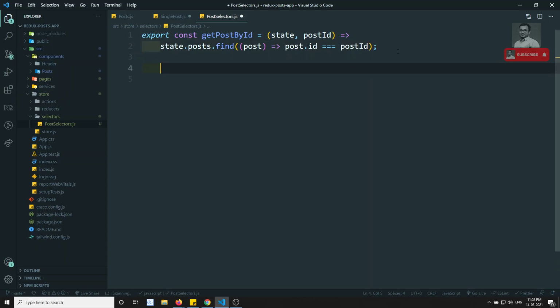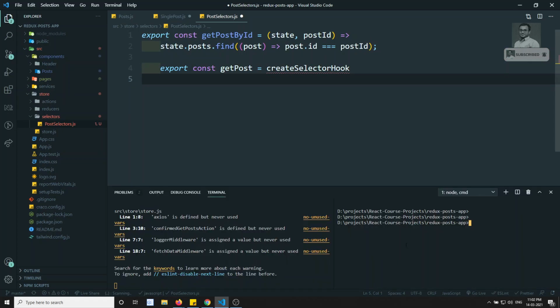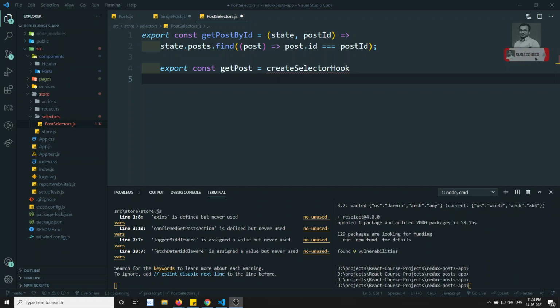So now I can write export const getPost is equal to createSelector. Sorry, in order to get createSelector, we need to install reselect, npm install reselect. Let it install the reselect first. The reselect library has been installed.